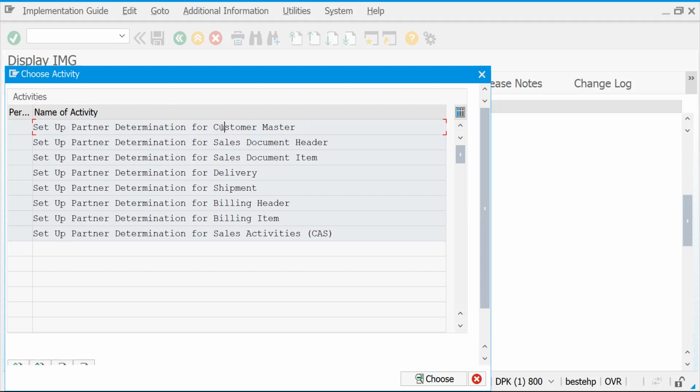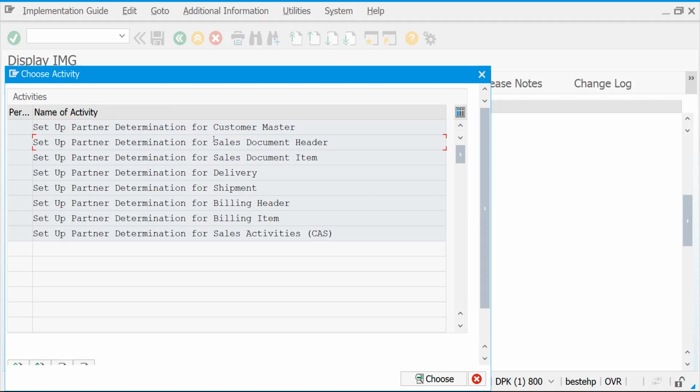Let's try to determine our mandatory partners: the person who raises the order, the sold to party; the person who receives the shipment, the ship to party; the person who receives the bill; and the person who pays the bill, the payer. Let's check customer master data level. When you create a sales order, it is copied from your customer master data to the sales order.